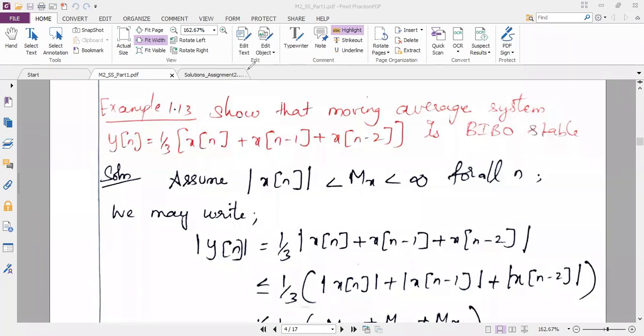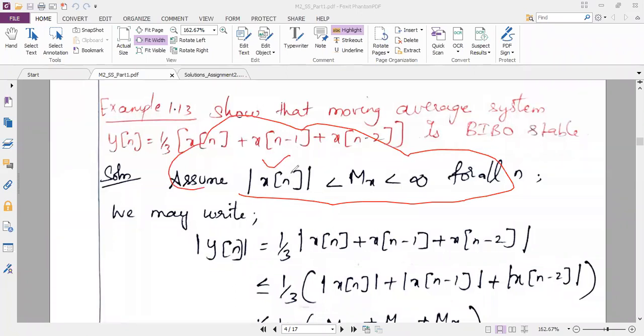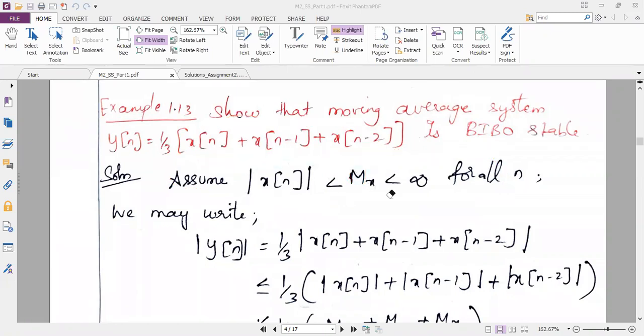But if they ask this question for 3 marks, simply writing one line, I won't get 3 marks. I have to show some calculations. So now you just write the calculation. Assume that the magnitude of x of n, this is the condition we discussed earlier, is less than Mx, less than infinity. I wrote M as capital, you should change it into small m x. I'm just assuming it. If my input is bounded, my output is also bounded. So I have to assume the input is bounded, then say whether my output is following the input or not.